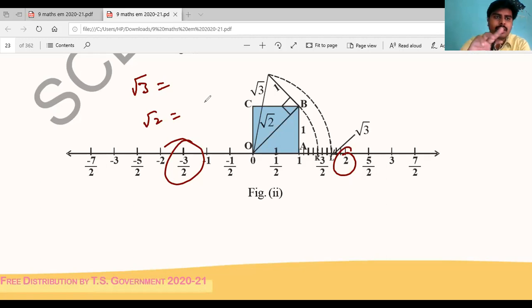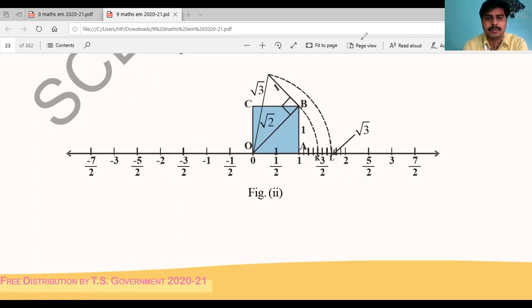We are taking an arc of root 3 length. Then how do we get root 3 length? By using the Pythagoras theorem only we get the root 3 length. So that is the purpose. I'm using the Pythagoras theorem concept here. Suppose in the root 2 case we have drawn OABC already, right? OABC is a square. We made this square on the basis of unit length.